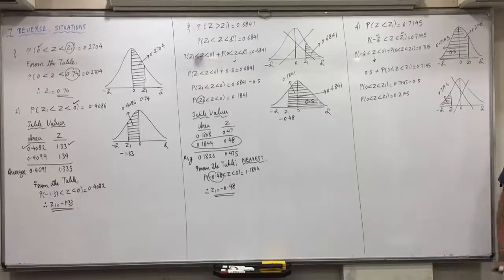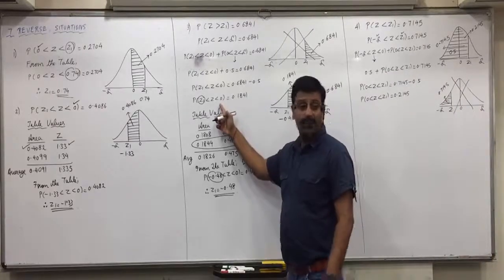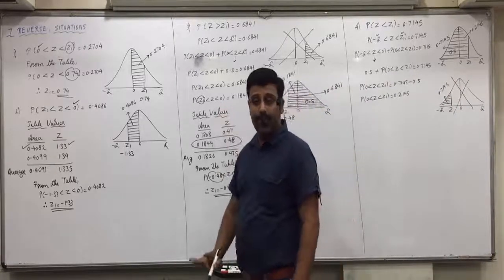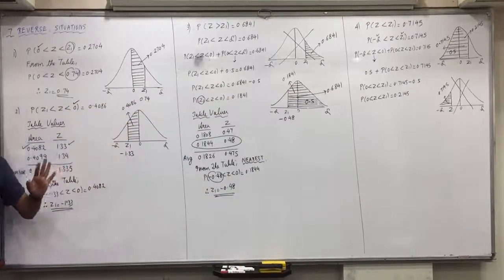Now in the table all the areas are from 0. So now we can see the table. You can see the table only once you get the area from 0. Everywhere you can see 0 comes. After that only we see the table. Got it everyone? Any confusion so far?